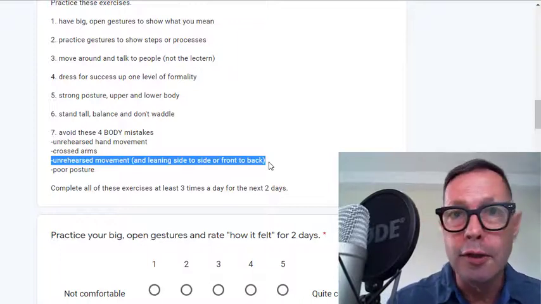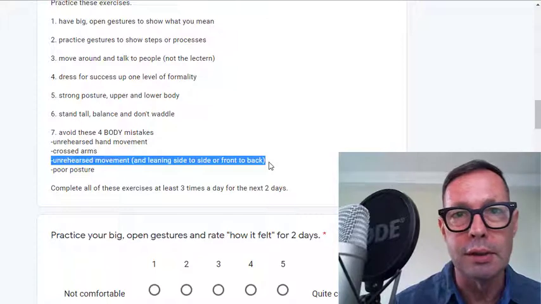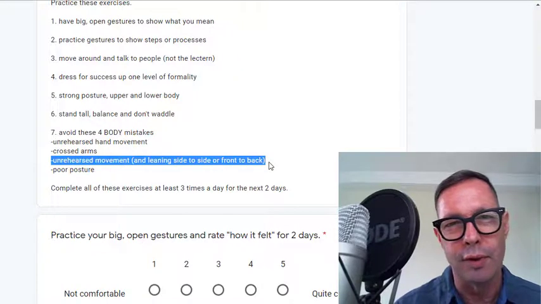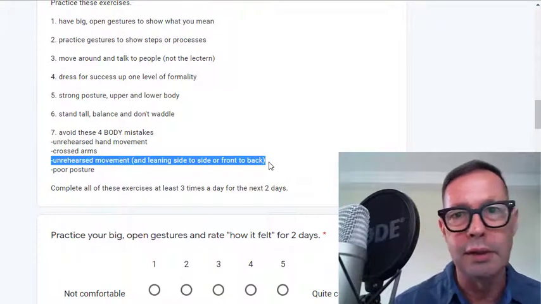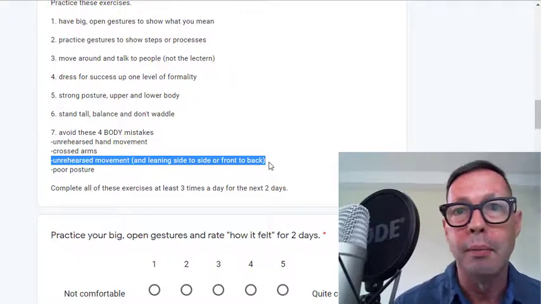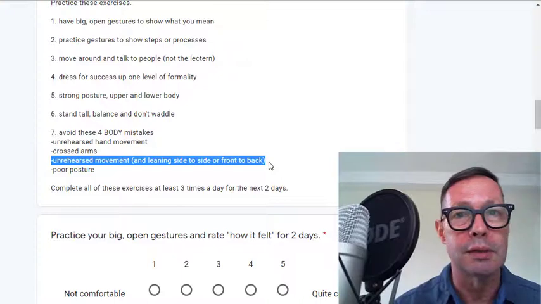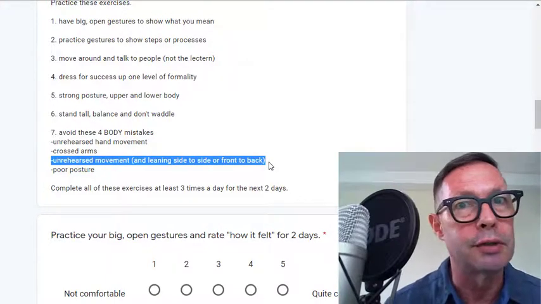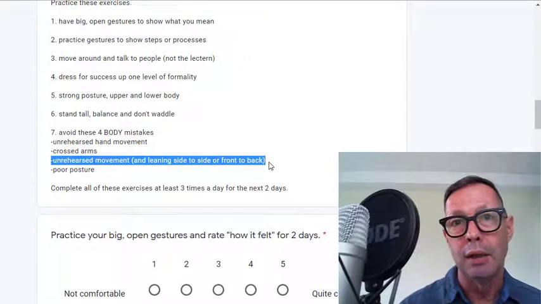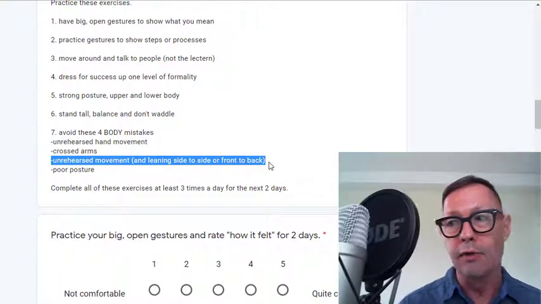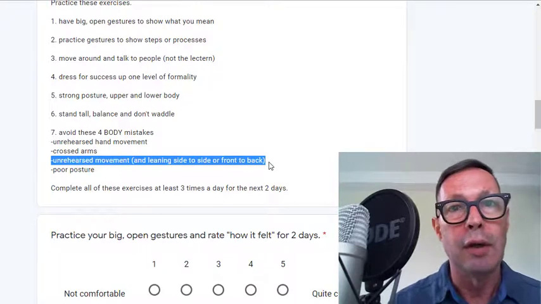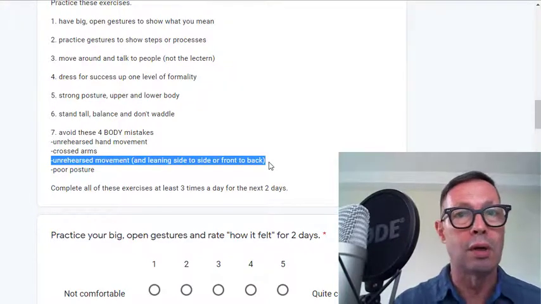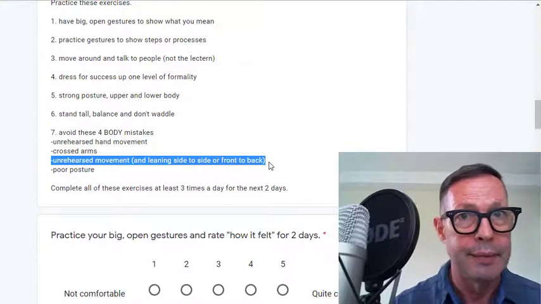Now, what you want to do over the next 2 days is practice these things. Whenever you're talking with your friends, with colleagues, your boss, practice all of these exercises as often as possible and then report back. You will be shocked at how much you start to notice about how you communicate, even on a daily basis, never mind in front of an audience. So if you can build these skills on a daily basis, you'll be much stronger in front of that audience.